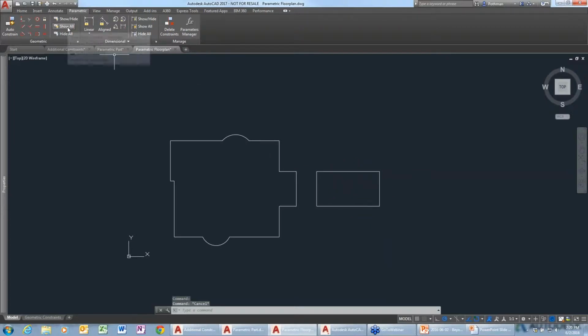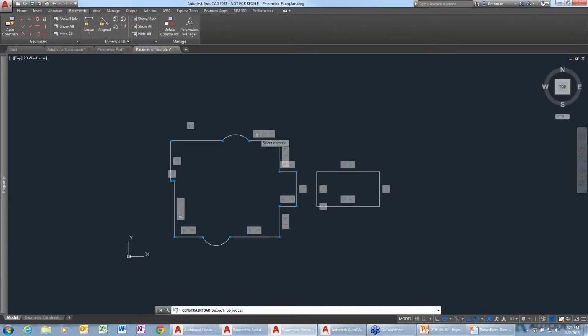If you want to show all the constraints, you just pick Show All, and it'll show them. You can also show or hide just specific ones. I can say, you know what, I want to hide those and get rid of them. I don't know why you'd want to show some and not others, but you can do that. And then if I go back into my settings,